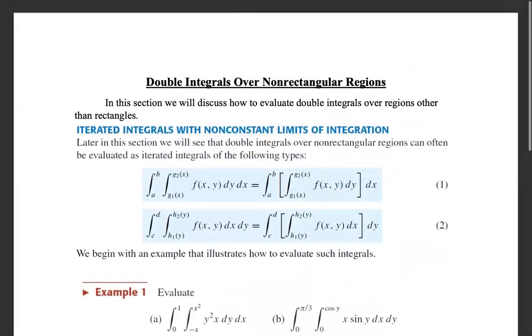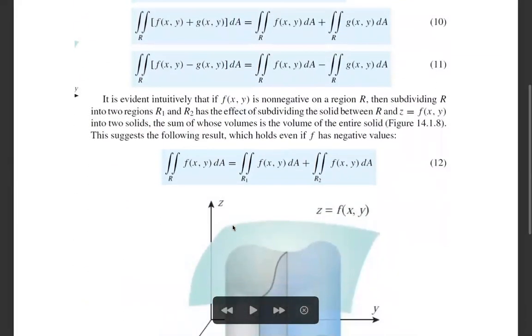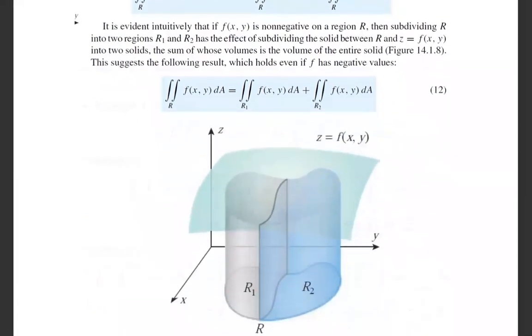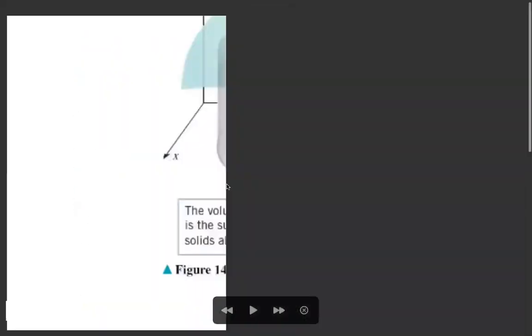So if R is a rectangular region, then the double integral over R of f(x, y) dA is the volume of the solid bounded below by the rectangular region R and above by the function f(x, y). So in this case,